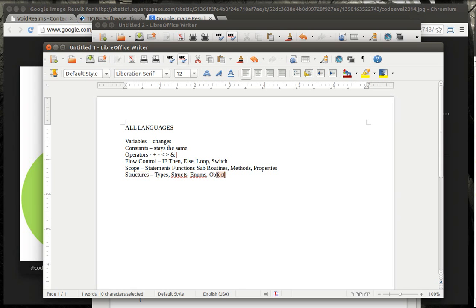Some languages don't have objects. You've heard the term object-oriented programming. Well, that's a newfangled technology young kids are using since the 70s. Some languages only have structs and enums. Almost all languages have data types, although there are some real radical ones out there that don't have them. But when you do object-oriented programming, really what you're doing is you're making a structure in memory.